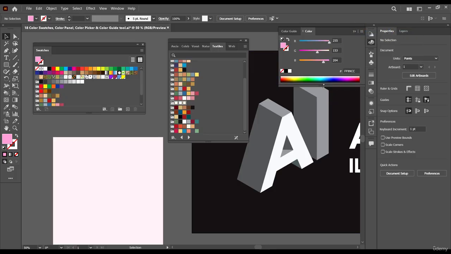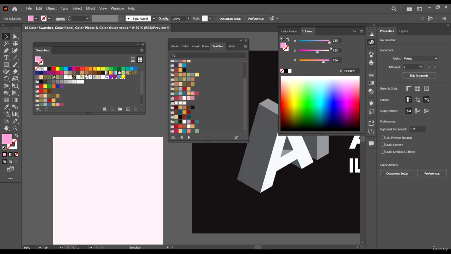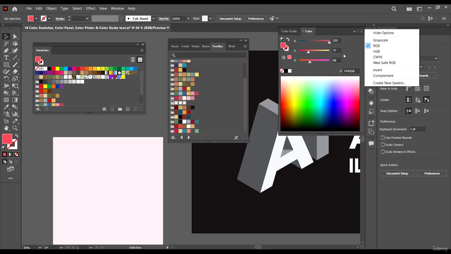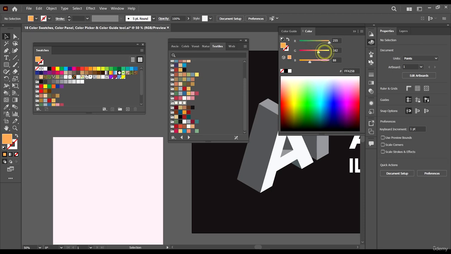Now when we click show options, what do you see? You see that you can edit the colors. With these sliders, you can edit the values of the colors and then probably create a new swatch with what you've come up with, or you can copy the color code here.